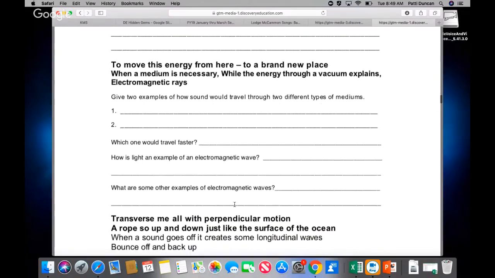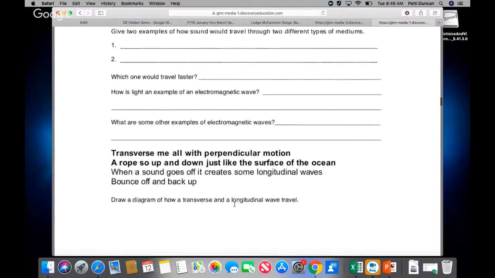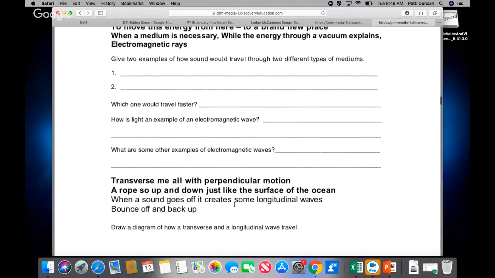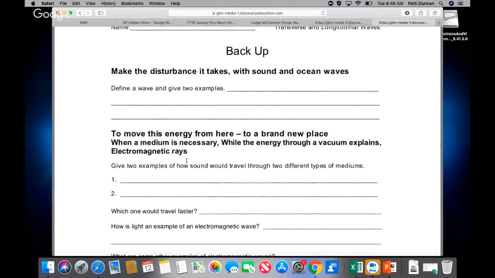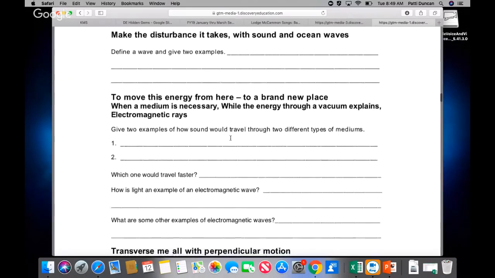The answers to all of these questions aren't in the song, but the stanzas of the song lead us to be able to elaborate more upon the scientific process and fill in these blanks for the students. So give 2 examples of how sound will travel through 2 different types of mediums. That's not necessarily being explained in the lyric, but the lyric talks about how sound travels, and so that allows us to elaborate on that concept.